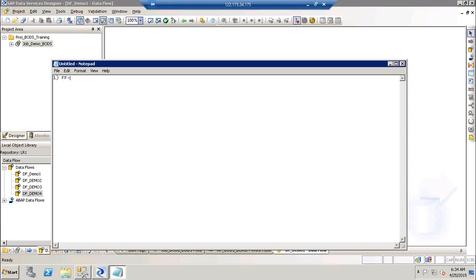So first one is the flat file to flat file extraction. So you must have a question like why we need this scenario. So on the data services front on the project, you will have some inbound and outbound directories where you will have your source files present in your inbound, and you need to write them into your outbound directory, your target directory. So in these scenarios, what you will do is you will use data services, you connect to your inbound directory, read the data from them, and write it into your outbound directory. So you might have a question like, can I copy from there and paste it in the other target system. So yeah, you can do that. But here,